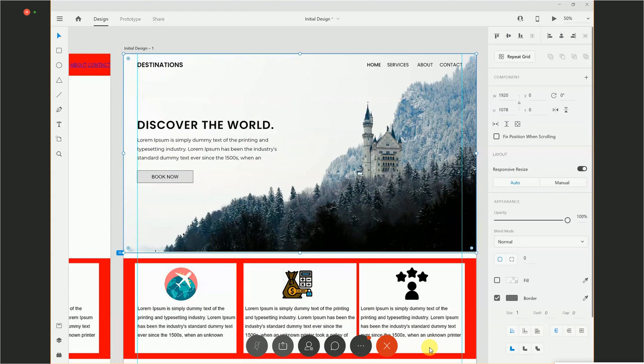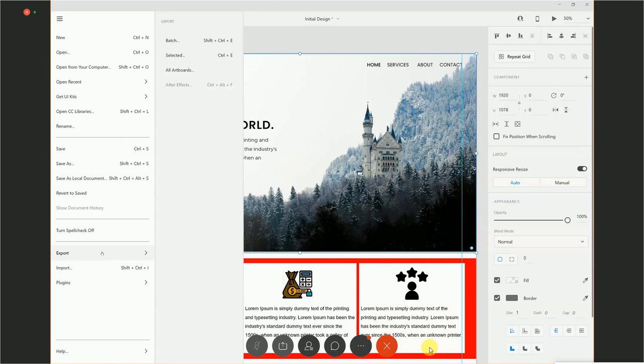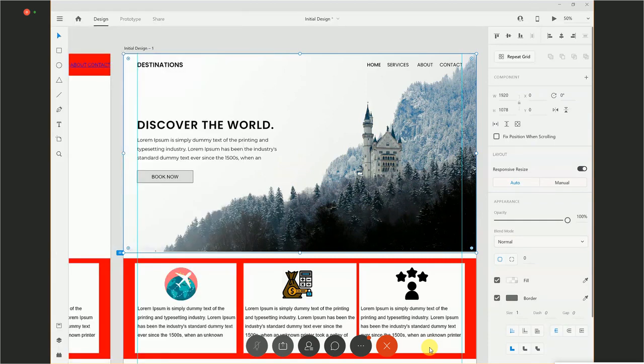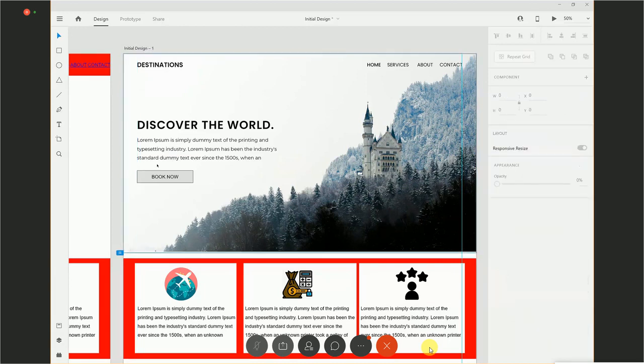Nishkarsh, actually what you can do is create a group of these and export these as an asset. You can just select this and export this. Click on this selected button to export this, to use later in your web design while coding. Okay, so now you can see we are mostly done with the hero section, but we still have to